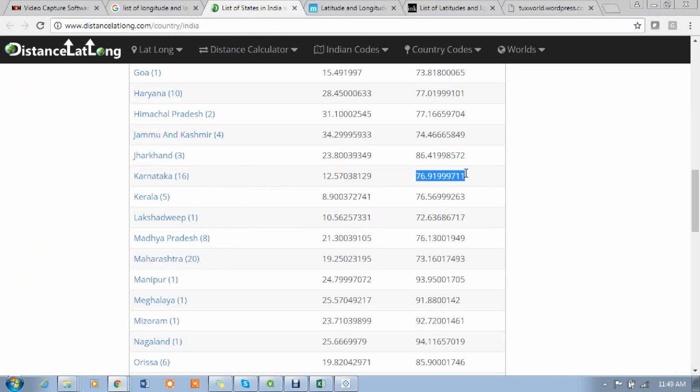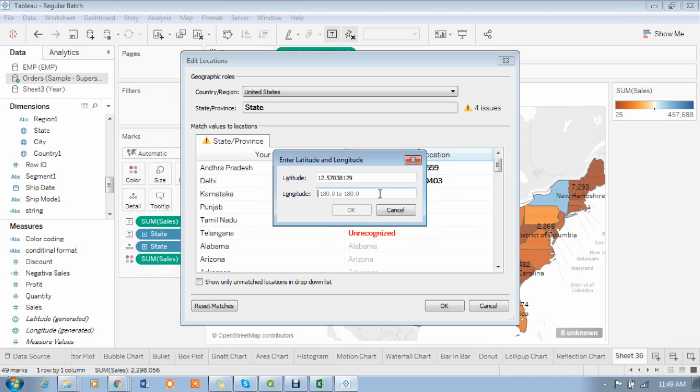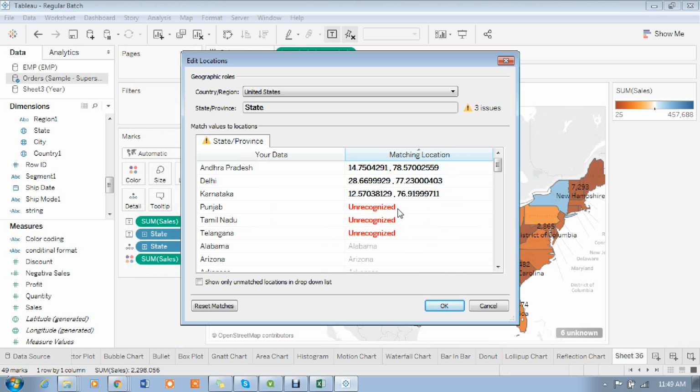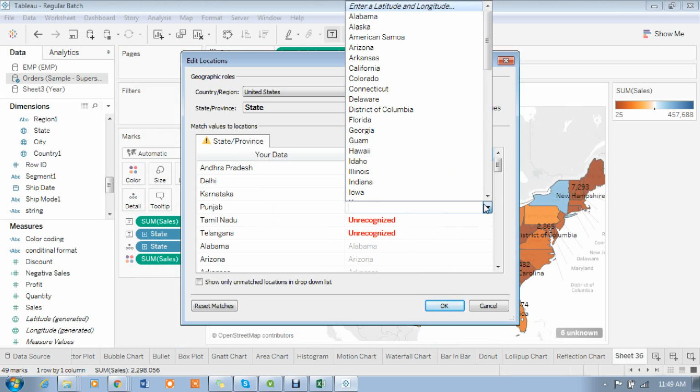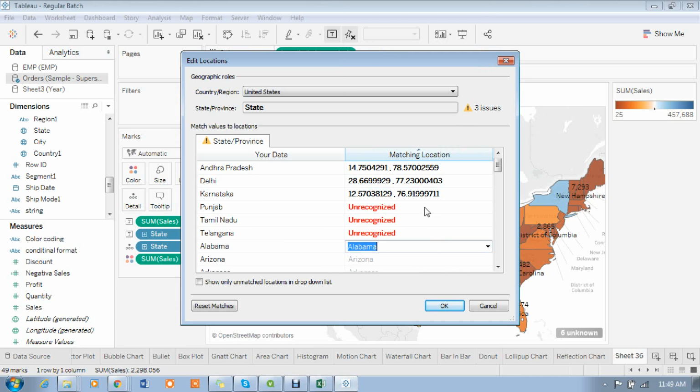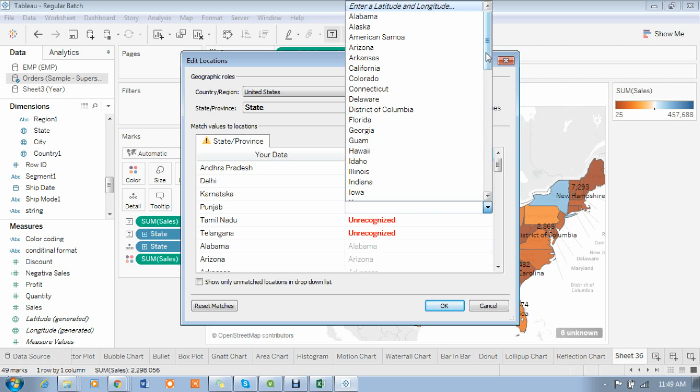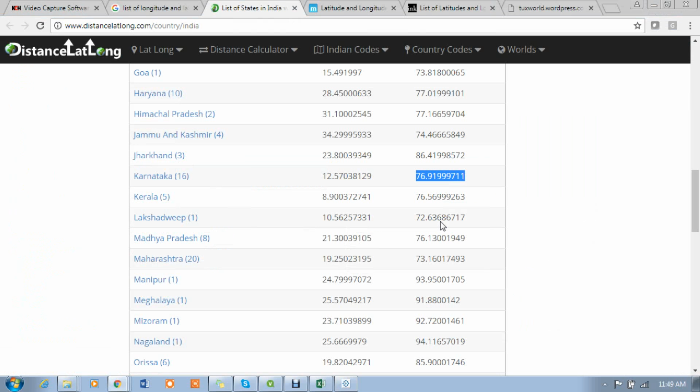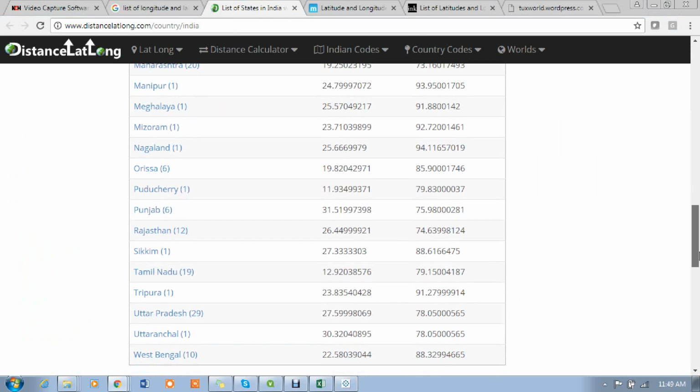Simply you can select this one, copy, paste it here. Even Punjab. Enter this one.